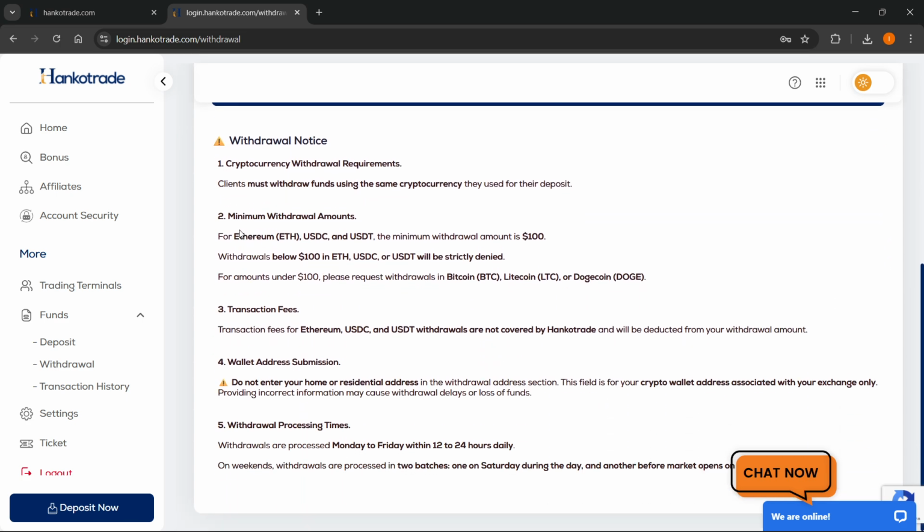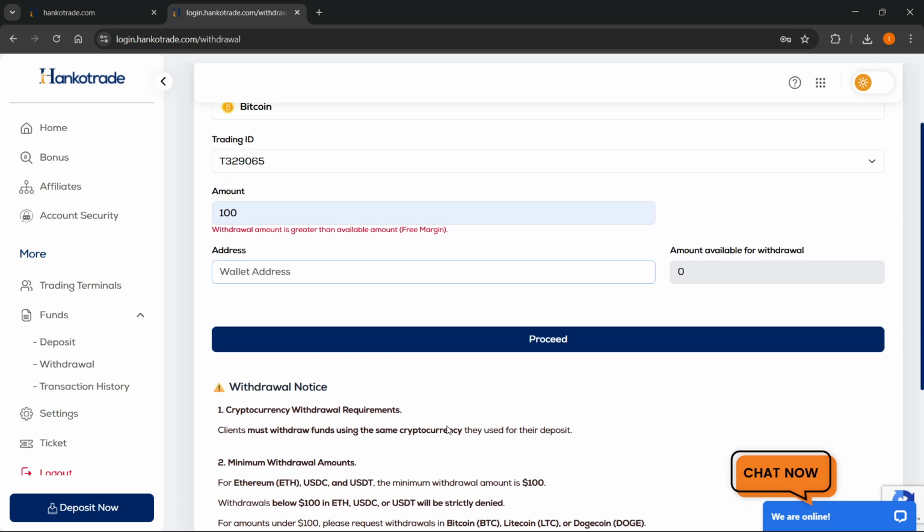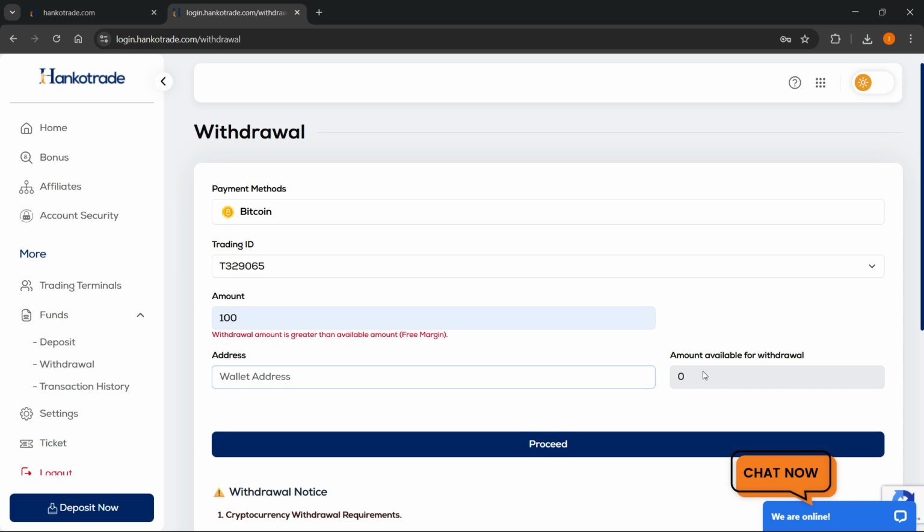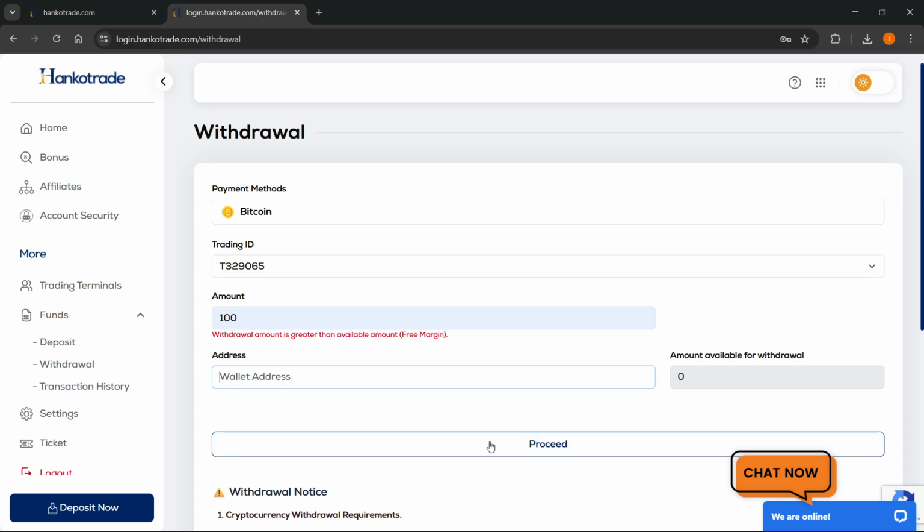Down here, it's going to tell you exactly what you have to do, so make sure you actually read this beforehand. And then here you're going to see the amount of available funds for withdrawal. And then whenever you're happy with everything, just click on the proceed button. You're going to proceed, and then the withdrawal is going to get triggered. So that's how